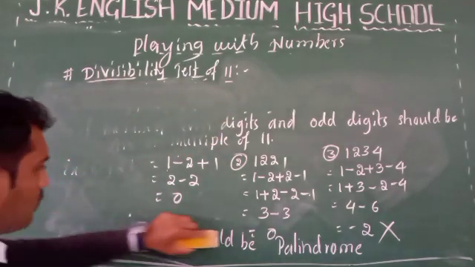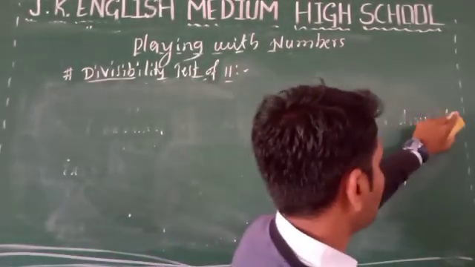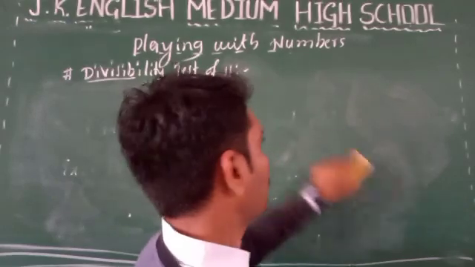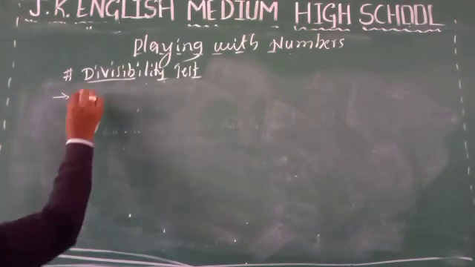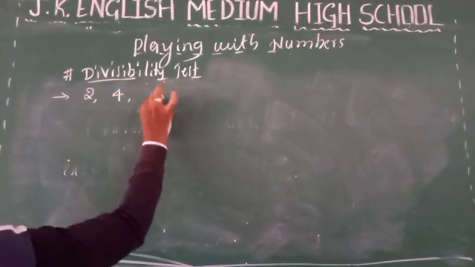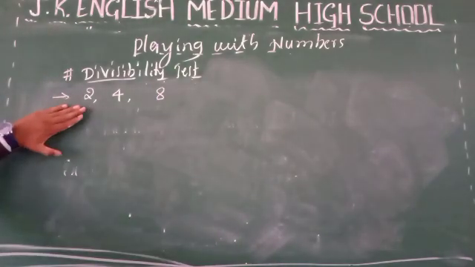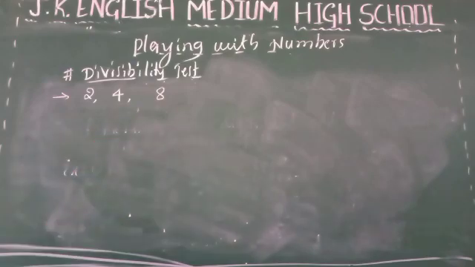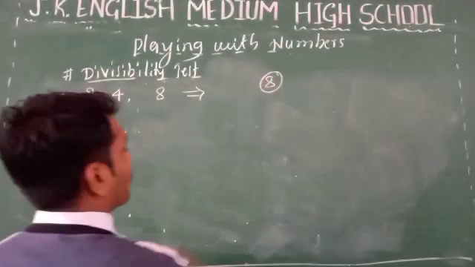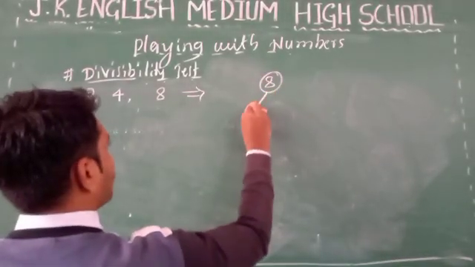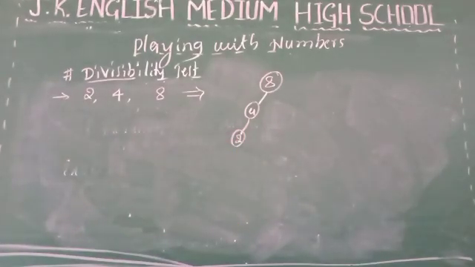So we will discuss some numbers. How to discuss? Look here. So we will make the groups and we will discuss whether the number is divisible by the given number or not. First one. The set number 1, 2, 4, 8. Okay, this is the condition. 2, 4, 8. The number which is divisible by 8, that number is divisible by 4. Again, the number is divisible by 2. Understand? Here the bigger number is what?